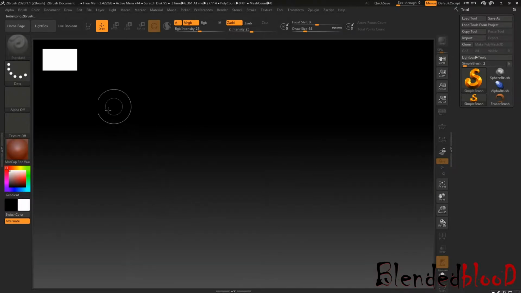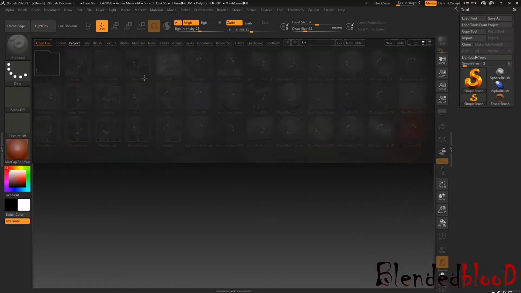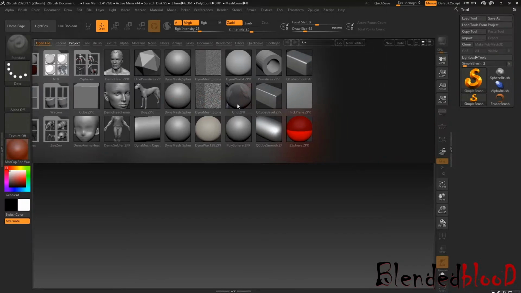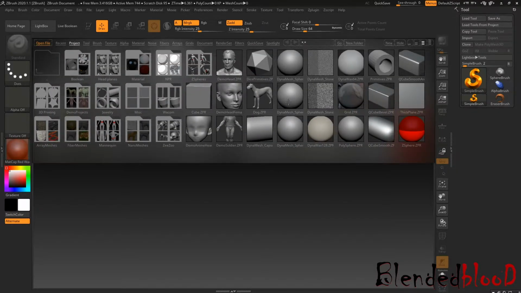Now what you have to do is click on Lightbox, okay. What is Lightbox? Lightbox gives you a few saved options by default for your use. Here we can see the default objects or pre-built geometries.